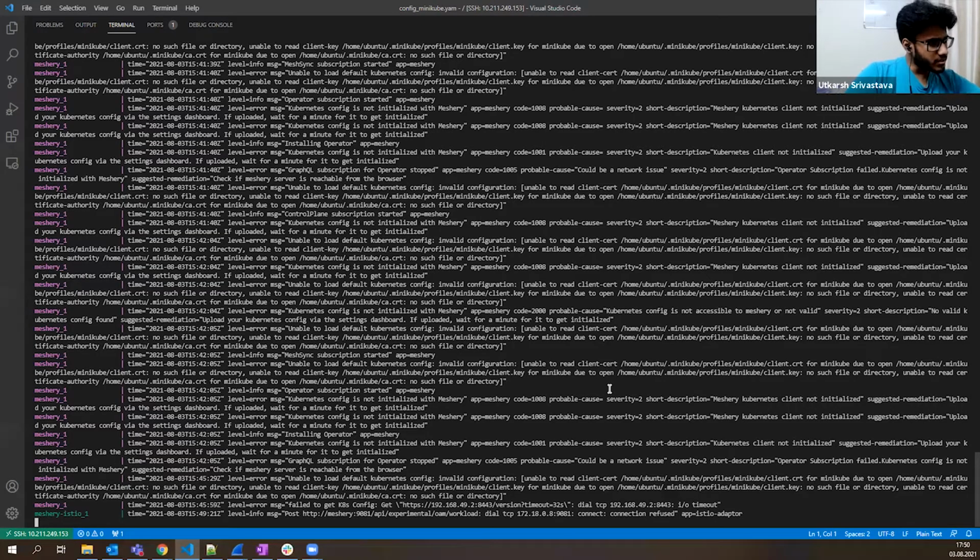It's probably a connectivity issue. So Utkarsh, in order to test that, you're asking Robert to hit enter a couple of times, and then, just to confirm if the configuration is valid for Meshery server, hit enter